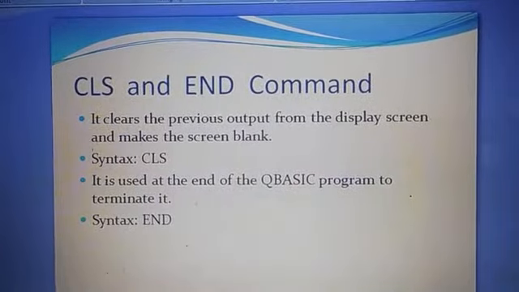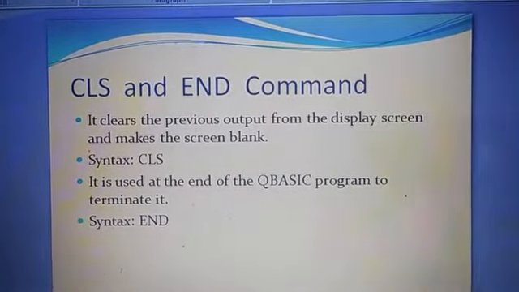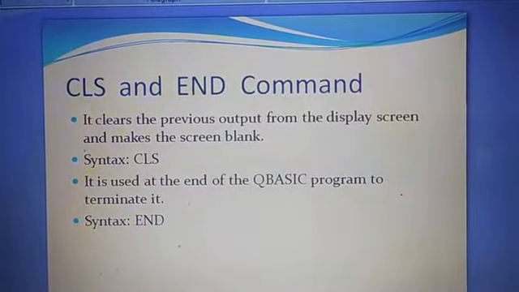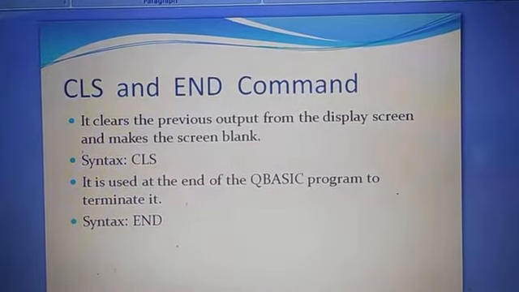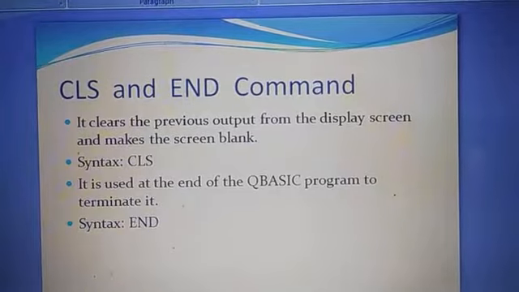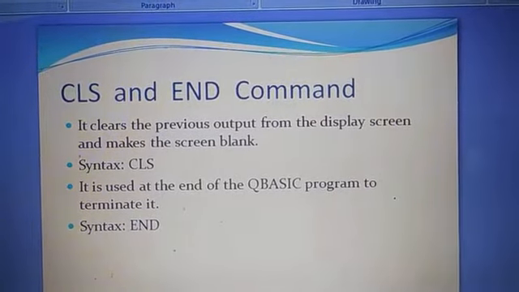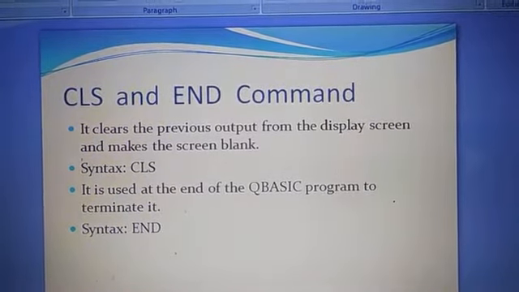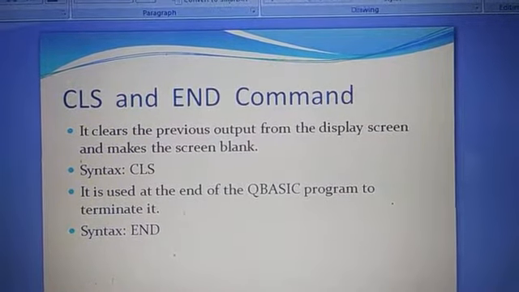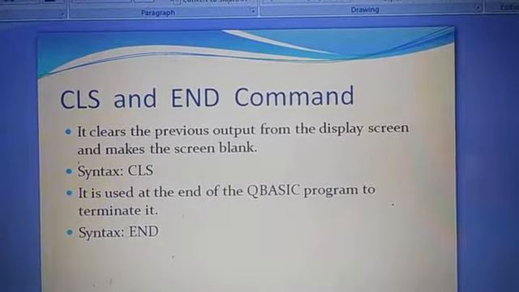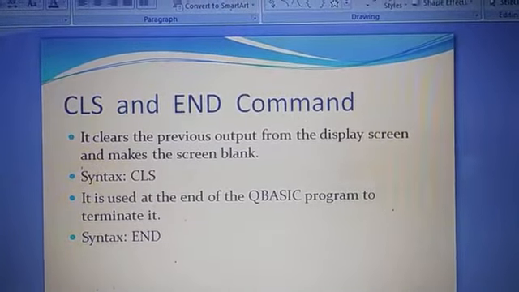Now next, the CLS and end commands. The CLS command, as I have told you previously, clears the previous output from the display screen and makes the screen blank. It means if you are running two programs one after another, and you write CLS first, then the output of the first program will be cleared and your screen will be blank.